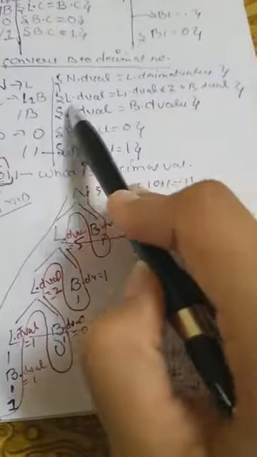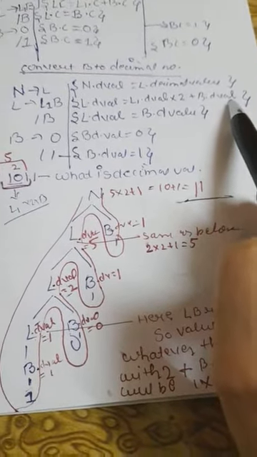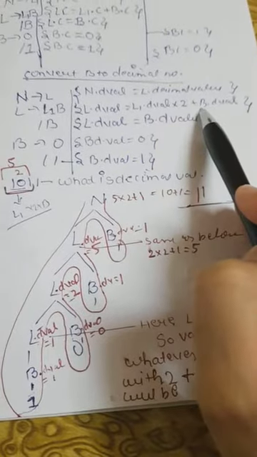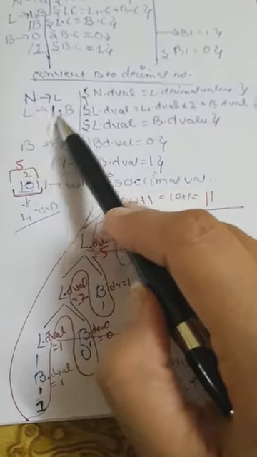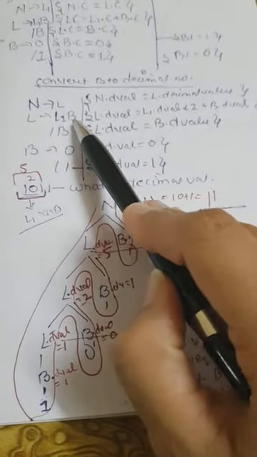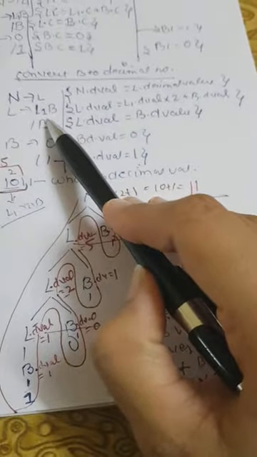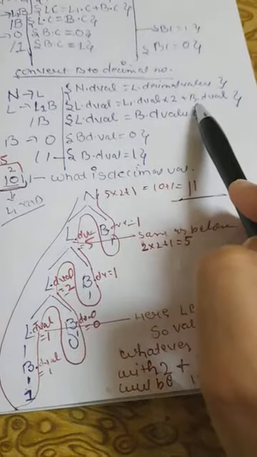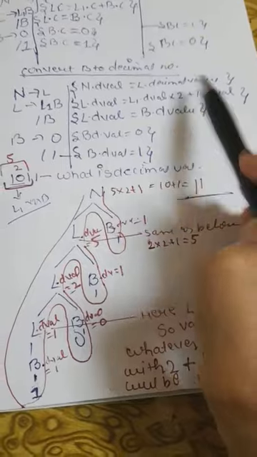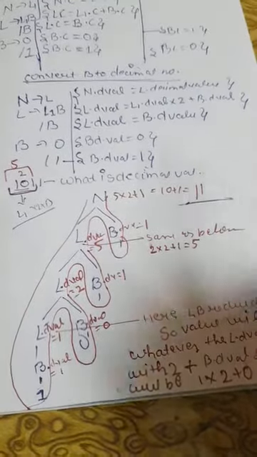Now this is the important one: the rule I have told you for converting will apply. If it is both, that is a list followed by a bit, how will we count? Whatever the list value is, multiply by 2 plus the bit decimal value, and that final answer will be the list value. Okay, the example will make it more clear.